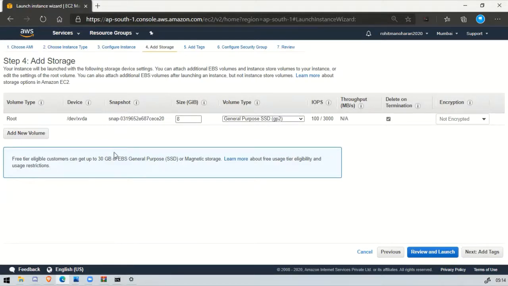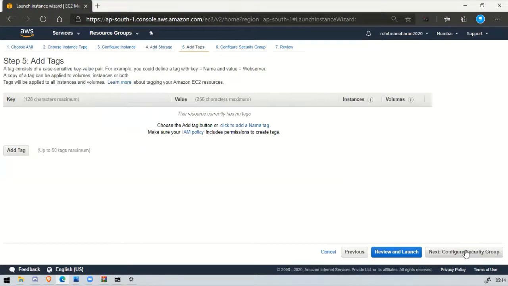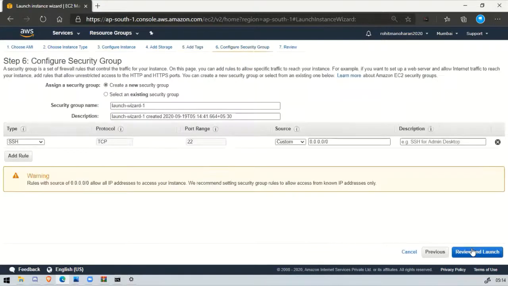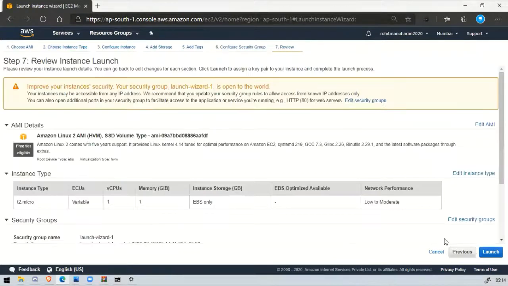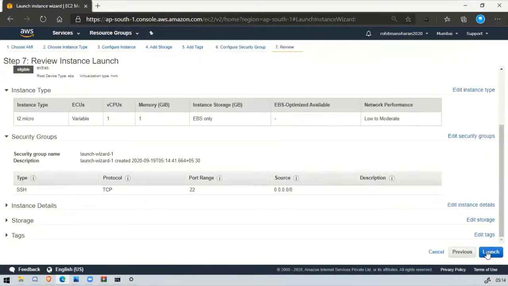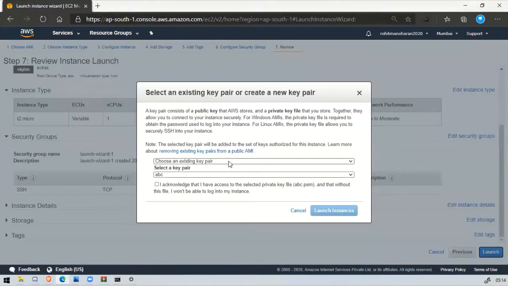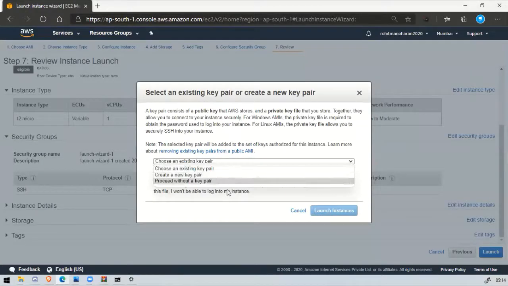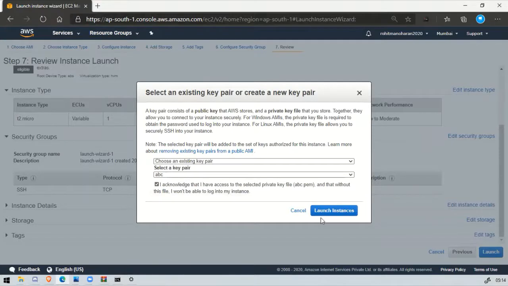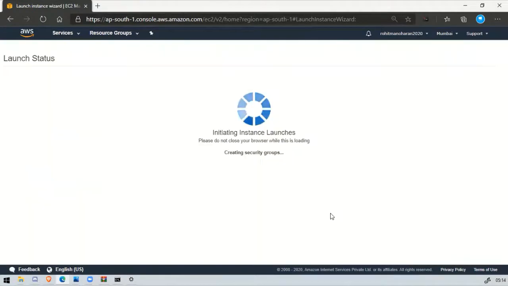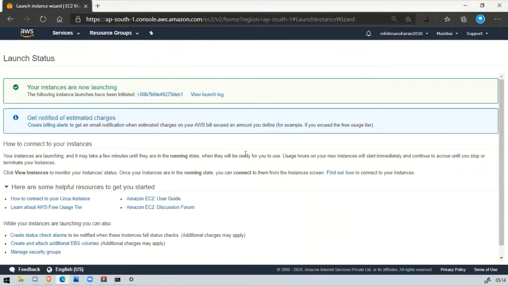We can add up to 30 GB of EBS, and it's okay for me. I'll hit next, and it's asking me to add a tag, and I don't want it. I will click on next, configure. I'm okay with the SSH, and I will hit review and launch. That's it. You can choose a key pair if you want. I will go for the ABC one only. I will click on launch instances, and that's it.